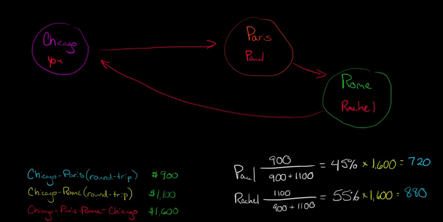Now, just to make sure you did this correctly, you want to add these up, right? So 720 plus 880 is going to give you $1,600, which is the amount of the shared cost that we were setting out to allocate, right? So all we did was we said, let's look at these on a standalone basis. If we purchase them each separately, Paul, of the total costs of each of them separately added together, would have 45%, Rachel would have 55%. We take that times that discounted rate, and we're going to end up giving Paul a bill for $720, and we're going to give Rachel a bill for $880, and we're going to have a wonderful European